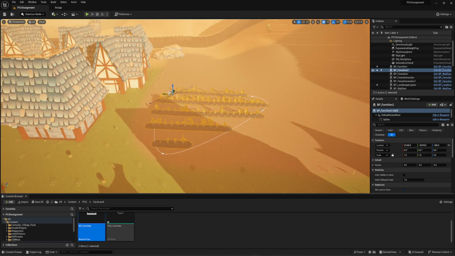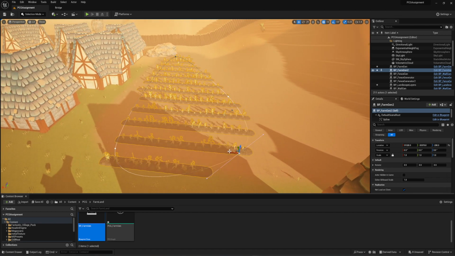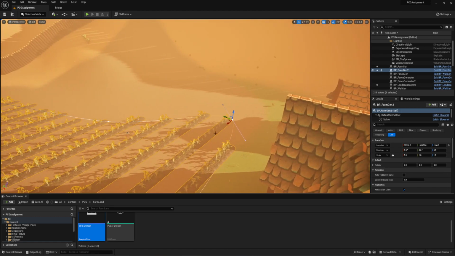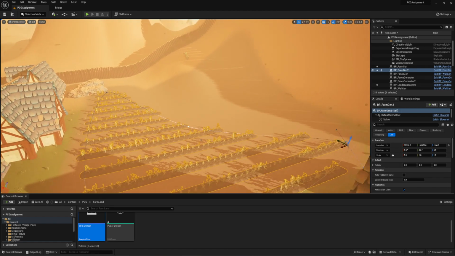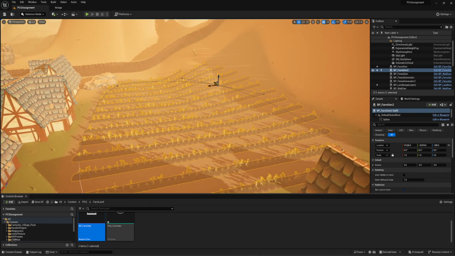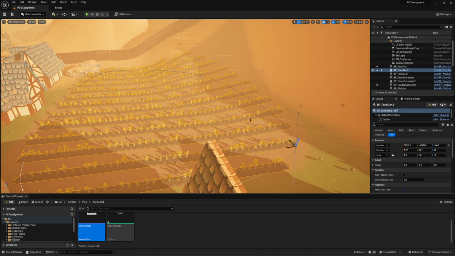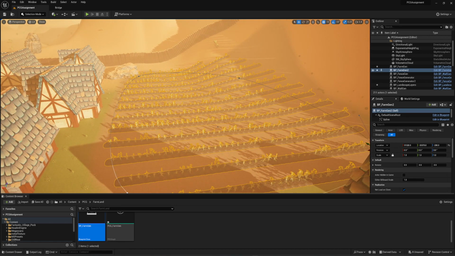So let's say we want to populate this dirty area with our farm, and so we can do that by using the spline points right here, and we can just easily create a farm like that